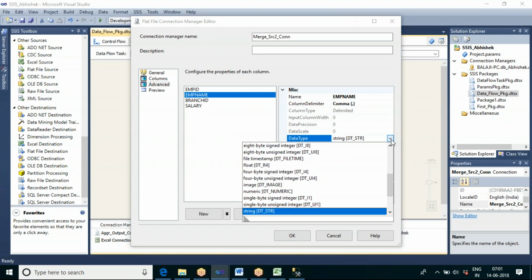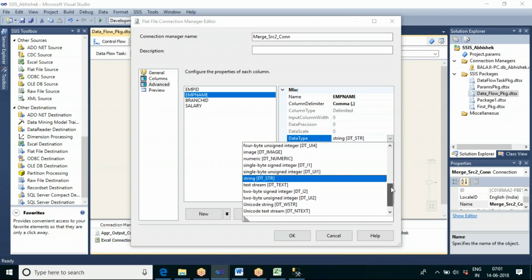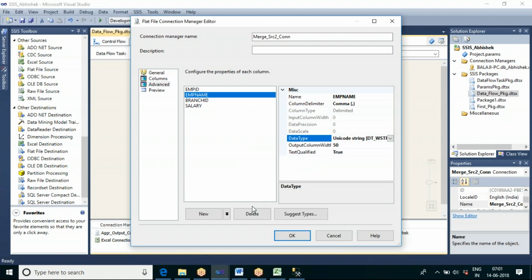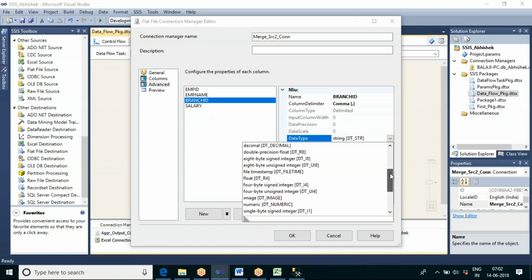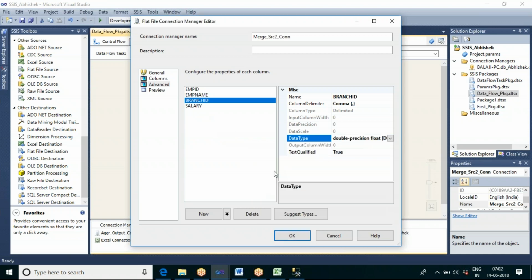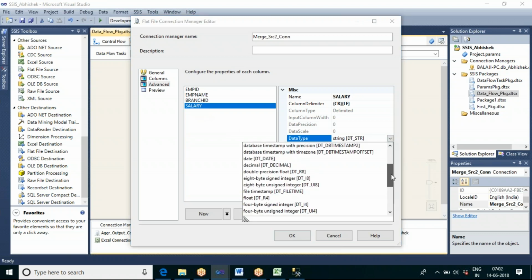The employee name in the Excel file is DT_WSTR, so let me change it to this. Go to the branch ID column, in the Excel file it is R8, so change this also. Salary, in the Excel file it is R8, so change it here itself.